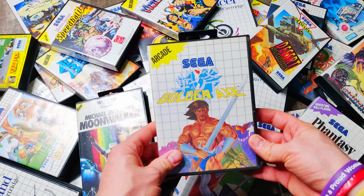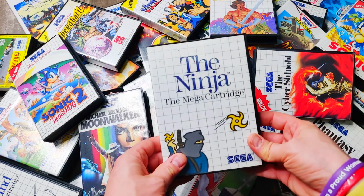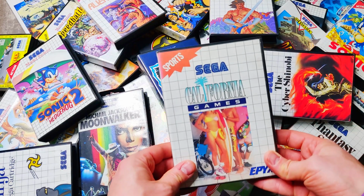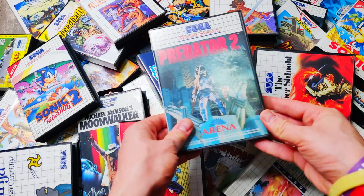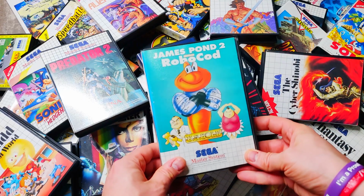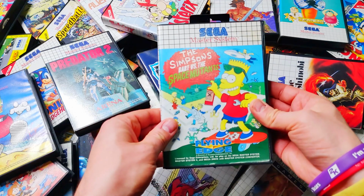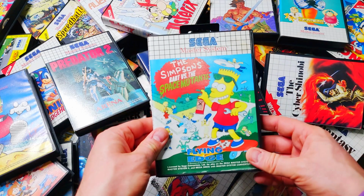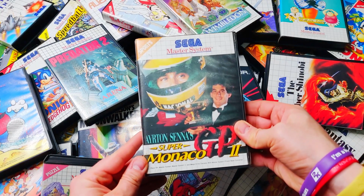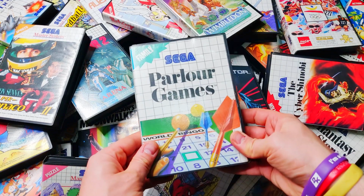The awesome Golden Axe, Sonic 2, Sonic 1, the Cyber Shinobi, the Ninja, Alien Storm, Star Wars, Tom and Jerry, California Games, Spider-Man, Predator 2, The Terminator, Alex Kidd in Shinobi World, James Pond 2 Robocod, Asterix, Cool Spot, Krusty's Funhouse, The Simpsons, Bart vs. the Space Mutants, Lemmings, Wimbledon, Afterburner, Ayrton Senna's Super Monaco GP2, Olympic Gold's Barcelona 92, Parlor Games,